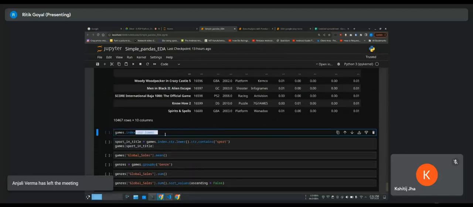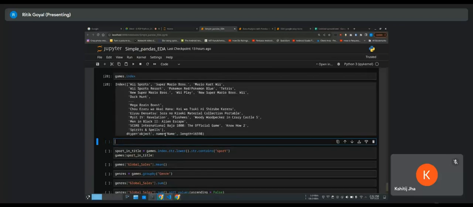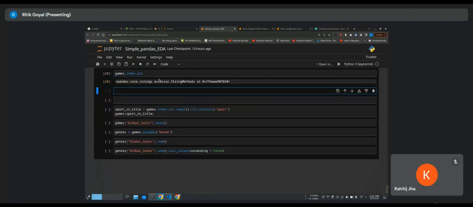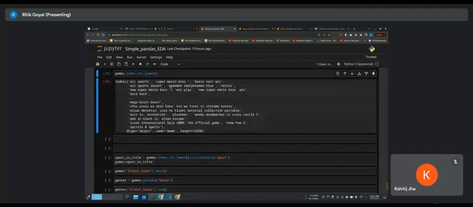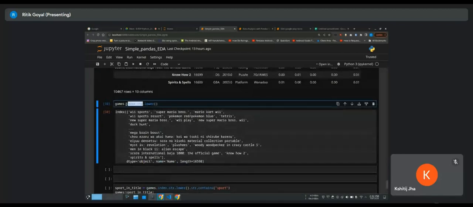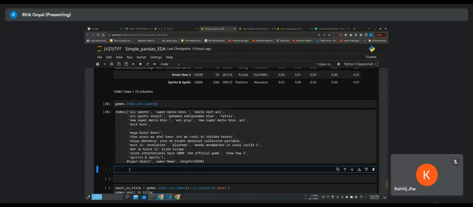So right now we are taking the index column. Let's say this is the index, and we are converting it to str, so this got str converted, then the lower function. This means every index would first be converted to a string, and then we would apply the lower function. You remember from yesterday's Ishan's talk, if you have a string,